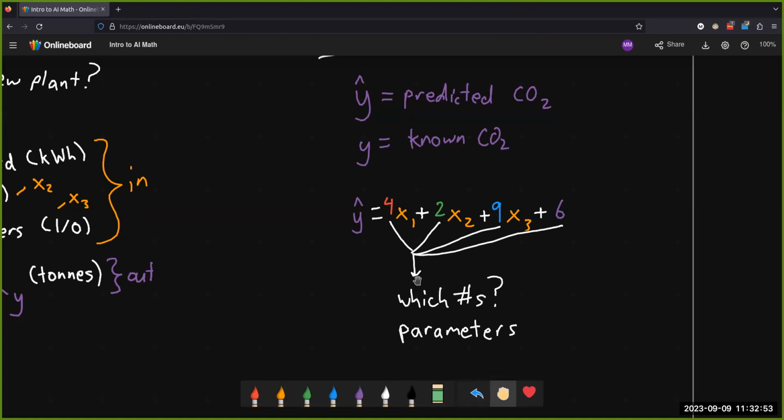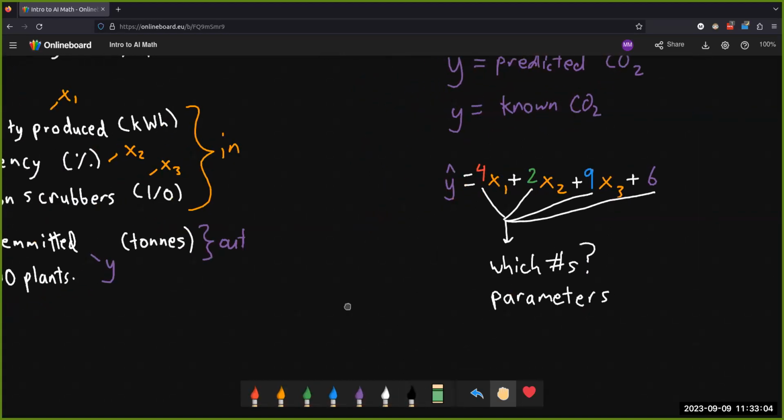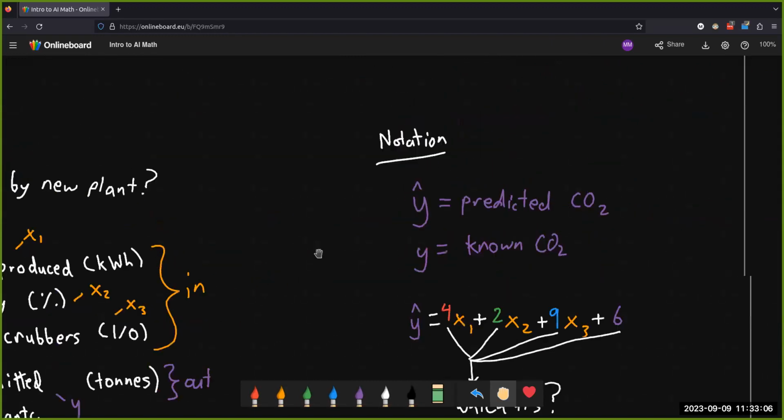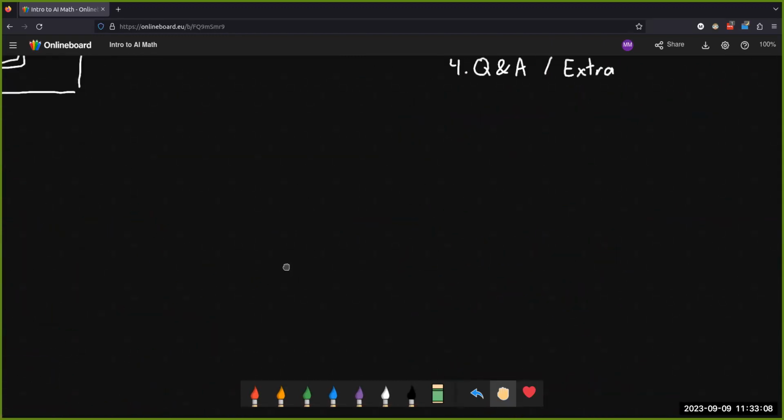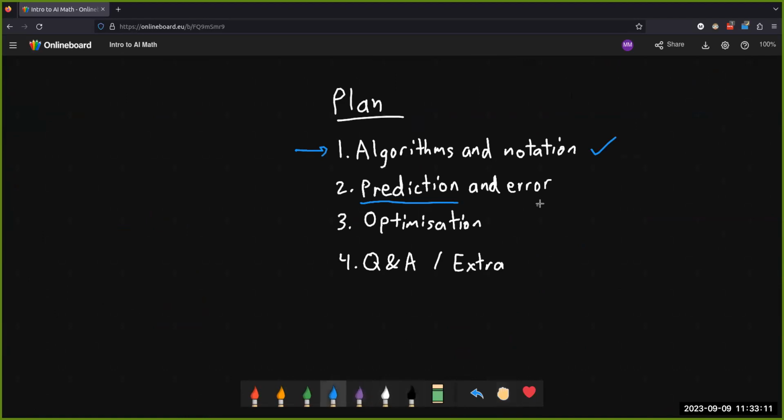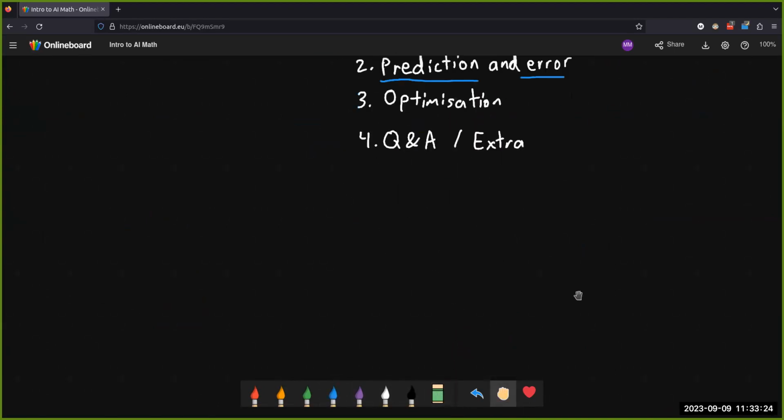So if there are no other questions, keep this equation in mind. This is the way that an AI algorithm gives us its predictions. It creates math equations like these. Surprising result, I know. So now let's move on to the next part, which is we have to figure out how wrong or right is an equation that the AI algorithm gives us. Has it given us good parameters? Has it chosen good numbers that predict the answers we want very well?